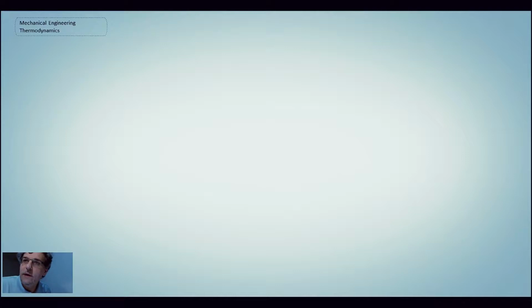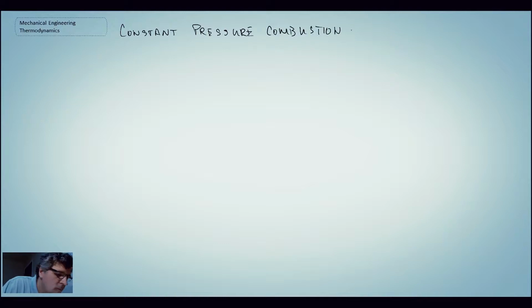We're now going to work the last part of the example problem, and that was the part that asked us to calculate the maximum volume that the system would expand to if it was operating at constant pressure. So this is a demonstration of adiabatic flame temperature with constant pressure combustion. And if we have constant pressure combustion, fixed mass,